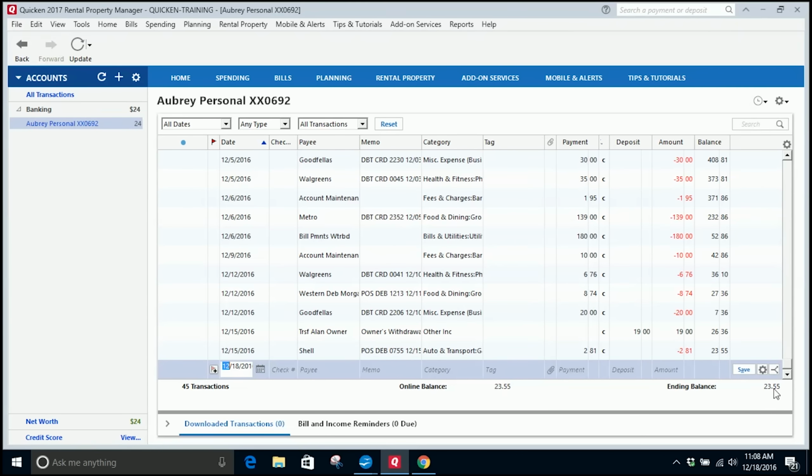Over here where it says ending balance, this is when you may have entered a transaction manually that you desire to keep up with, and the transaction has not actually downloaded from the bank as of yet. So what will happen, just for example, I will